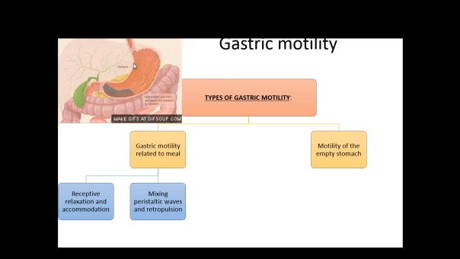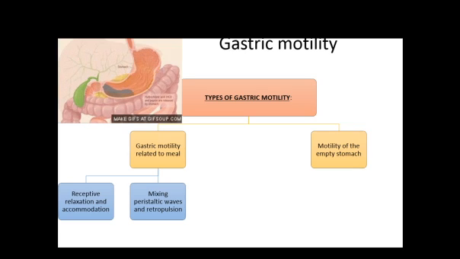The basic peristaltic wave, that is the constricting wave, which starts in the fundic region, pushes the gastric content towards the pyloric sphincter. Now the pyloric sphincter is closed at this juncture.